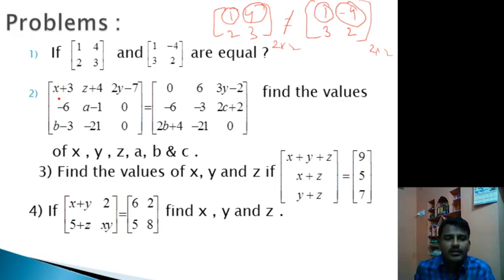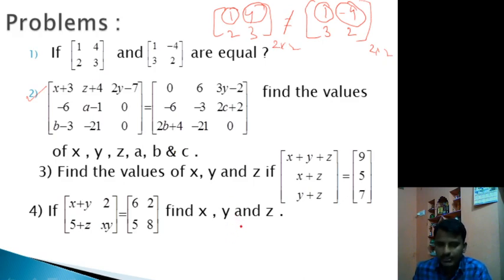here, second example: the matrix with entries x plus 3, z plus 4, 2y minus 7, minus 6, a minus 1, 0, b minus 3, minus 21, 0, is equal to the matrix with entries 0, 6, 3y minus 2, minus 6, minus 3, minus 6, minus 3, 2c plus 2, 2b plus 4, minus 21, 0. Find the values of x, y, z, a, b and c. Now